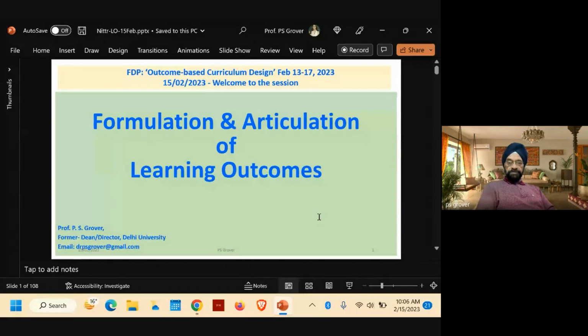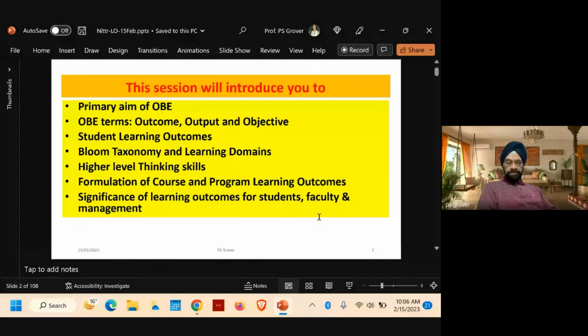On formulation and articulation of learning outcomes. A very important topic which Madam has selected because this forms the basis of the implementation of outcome-based education. There will be some repetition also, but those repetitions become important with the purpose of continuity and focusing on certain special aspects. So this session will introduce you to the primary aim of OBE for formulation of